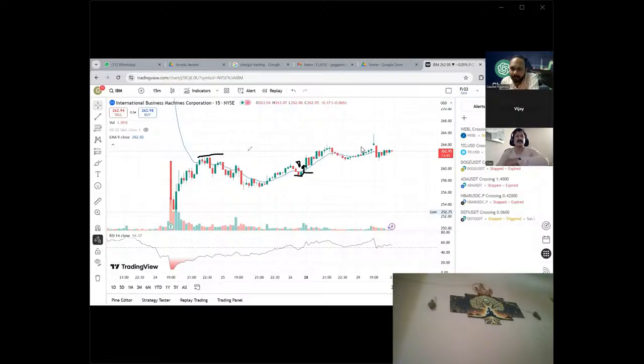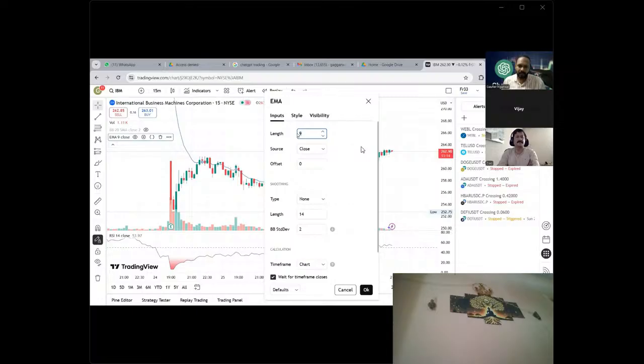But the accuracy of this single moving average is very less. Sometimes you can see that the price will keep on moving up and down like this. Then you may not be able to decide what to do in that scenario. Only when it clearly crosses the line, then we take it. So what you can do, let's say this moving average is showing 9. So let's say I will take this as 20 EMA.